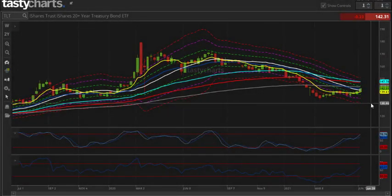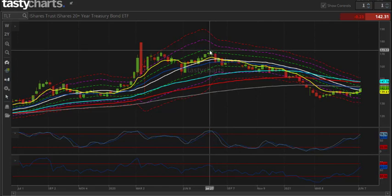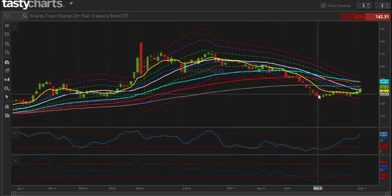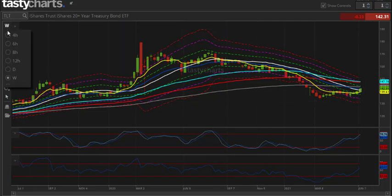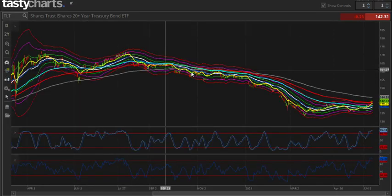Another product worth paying attention to here is TLT. This is the bond market. You can see we've had a very strong downtrend here on the weekly chart, getting slightly overextended here in March. Then we had a small bounce back up to the 144 EMA, where we seem to have stalled out. It makes sense to me that this is going to continue to the downside, in my opinion, as we continue to see inflation run wild, and people are going to expect much higher yields from their bonds in terms of